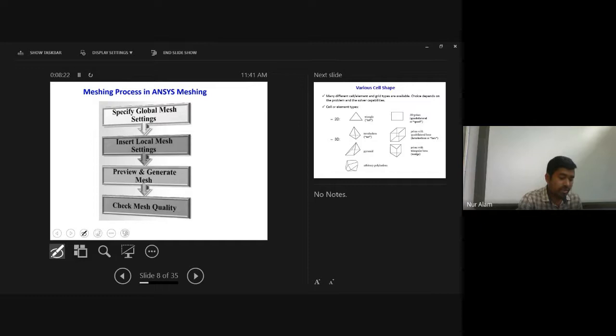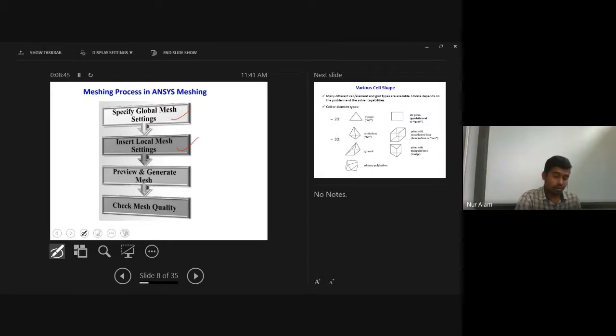So these are the steps actually. First of all, there is the global mesh setting. You have to set the global mesh in ANSYS, and then it will automatically mesh your computational domain. With the insert local mesh setting, you can refine particular positions of your domain.